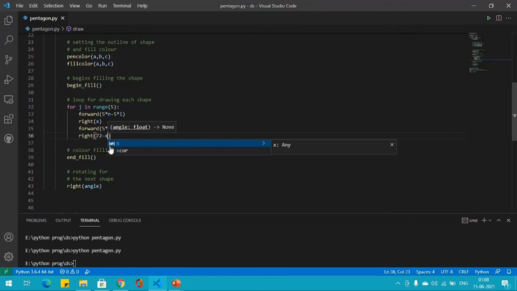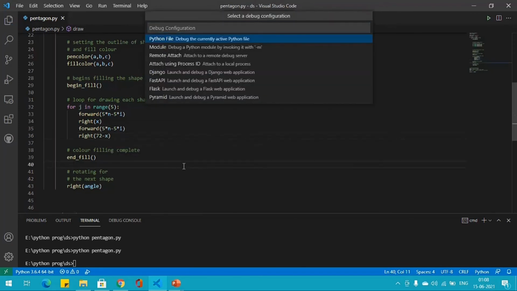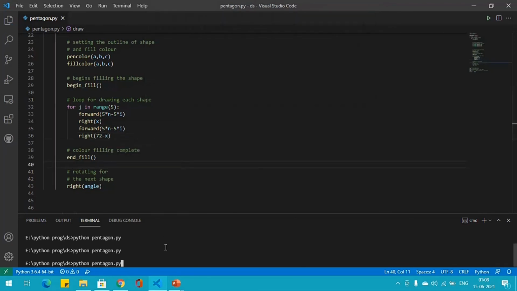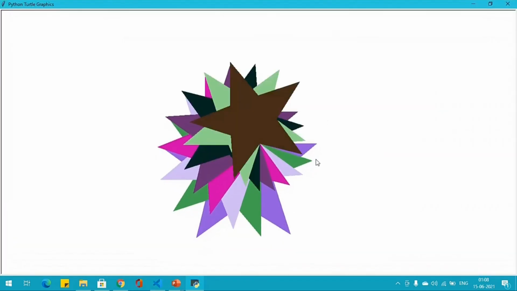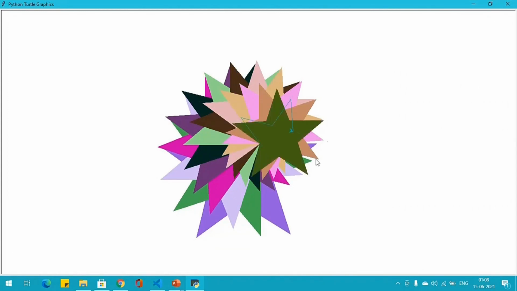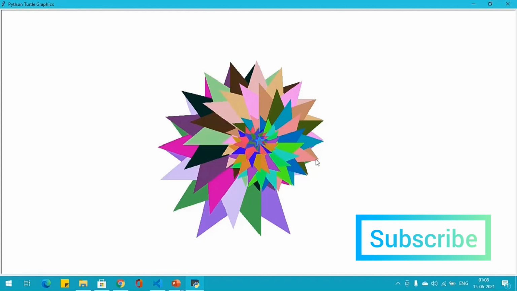Now let's see what it generates. This will generate the pattern of stars, and each star is having 140 as exterior angle and rotation angle is 18.